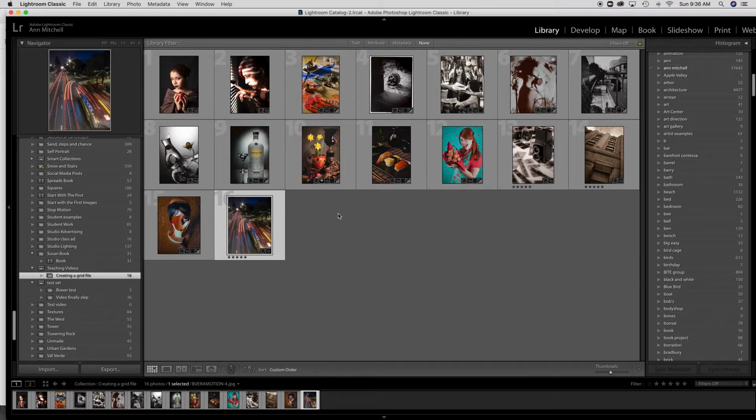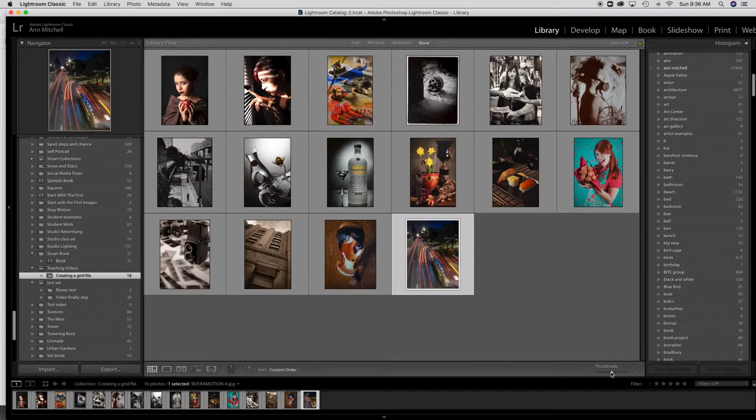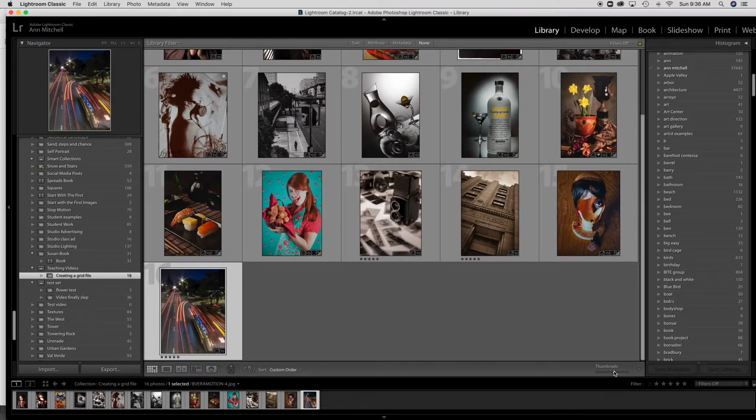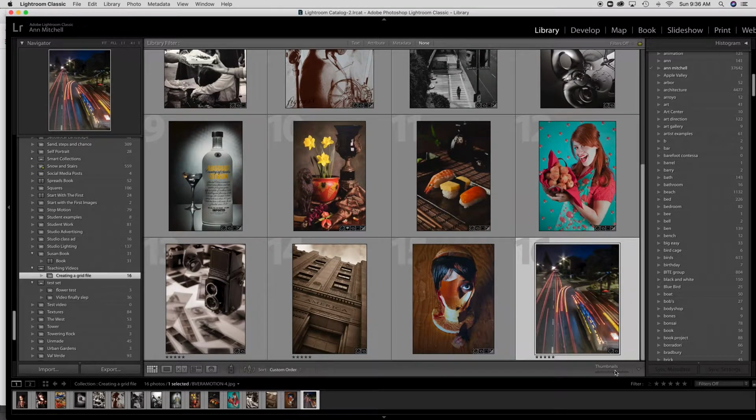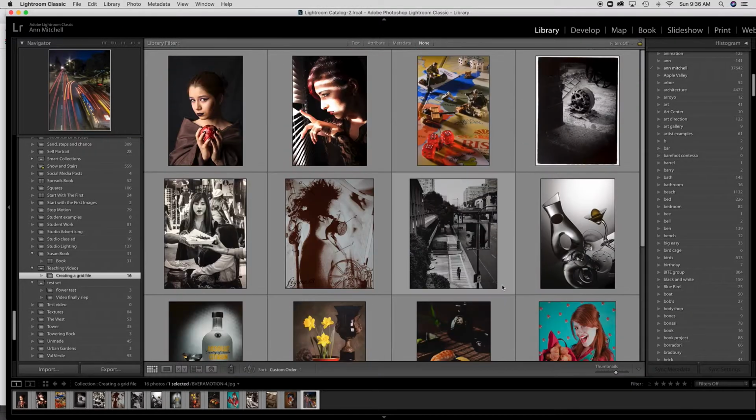Now, I want to take a look at these and start thinking about the order of them. For your self-portrait, you're going to end up with the image of yourself, and I'm just going to call this one the image of yourself. That's got to be at the beginning because that is the top left corner. Now, one way you can start to preview how they'll look on the page, let's just assume this is 16 images, which means I'm going to have 4 rows of 4 images.